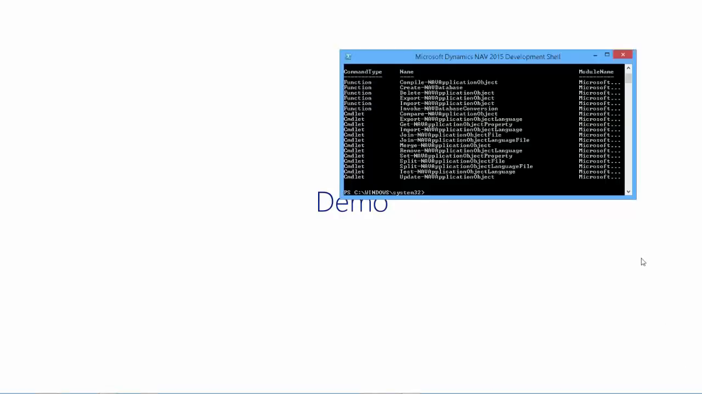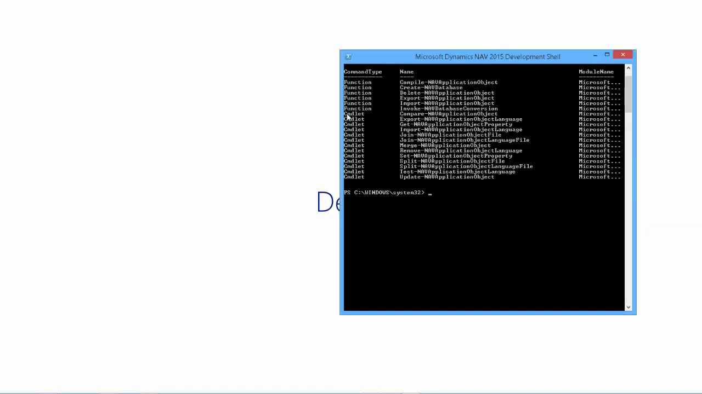So to do that, you use the development shell for PowerShell that we introduced in this version. And the way that looks is like this one. And it shows that there's a set of commandlets. Most of these are for merging application objects and metadata, and other how do I videos are covering that. There's also a set of functions which are wrappers around C/SIDE to make it easier to use in a scripting